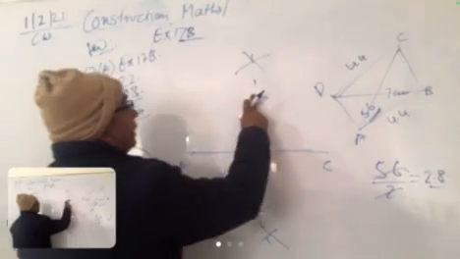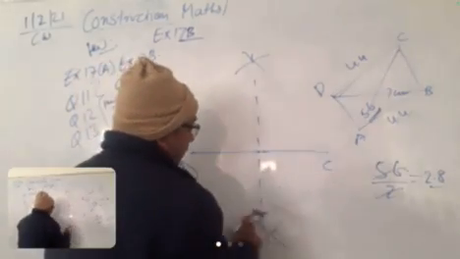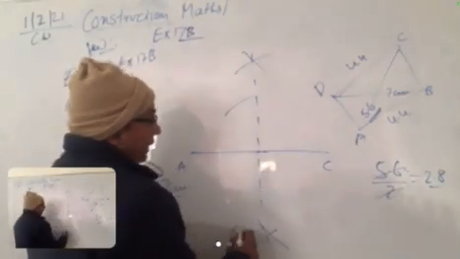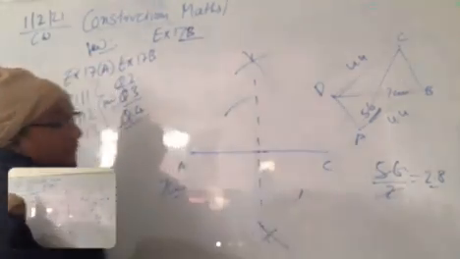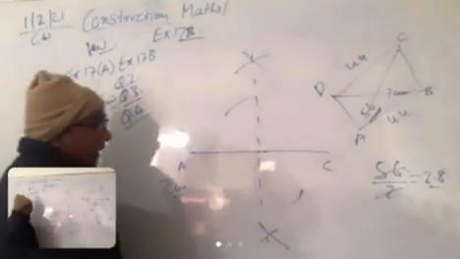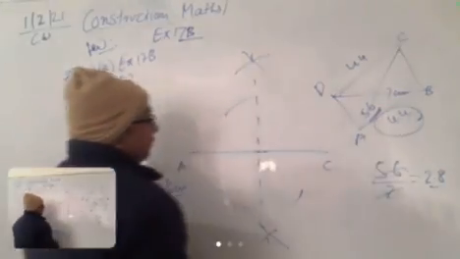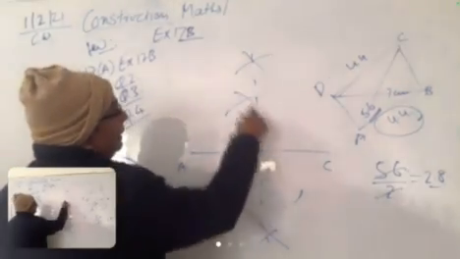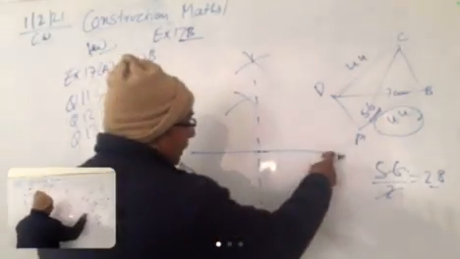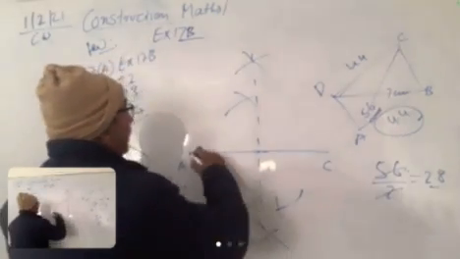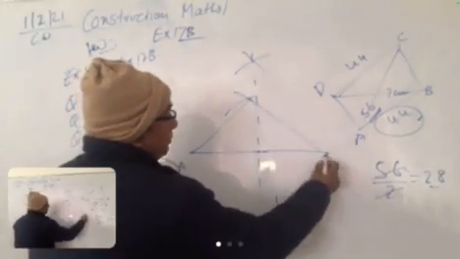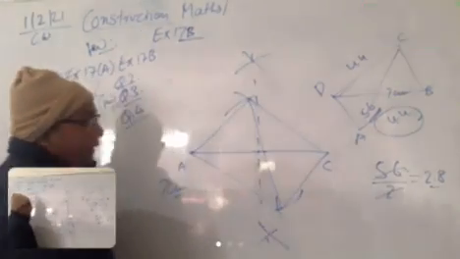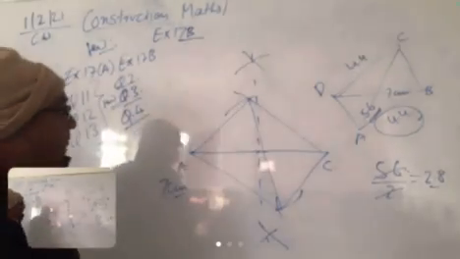No, don't cut this line, not this line, sorry. Put the compass at center and draw an arc of 2.8 on both opposite sides like this. And now one of the sides is 4.4. Take a radius of 4.4 centimeter and put at A and cut this previous arc. And put at C, cut this arc and then join.